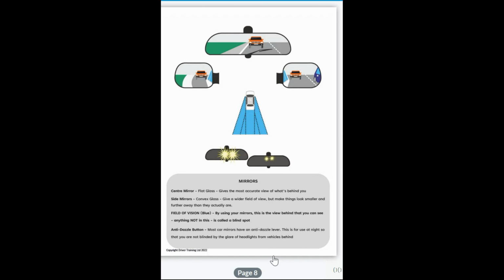Firstly, it's the interior mirror, which is made of flat glass, which gives the most accurate picture of what's going on behind us. And then you have the two side mirrors. They're made from convex glass, so they give a wider field of vision, but therefore make things look smaller and further away than they actually are. Which is why when we use the mirrors, we want to use them in pairs, center and left, or center